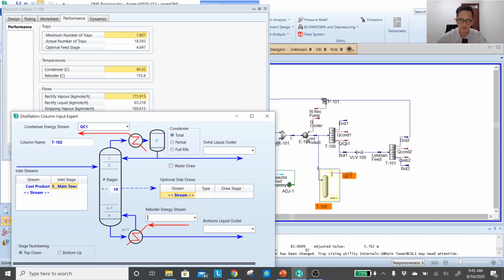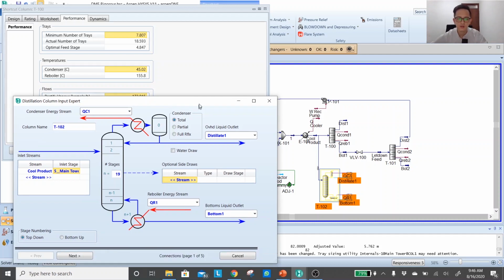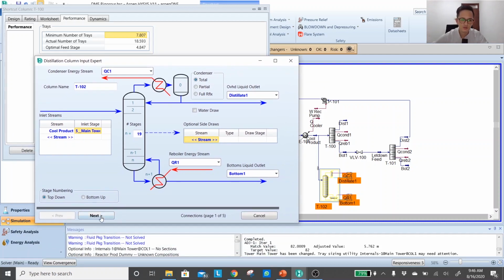Reboiler, it's QRep1, so it's QR1. So I can remember very easily. Okay, overhead liquid, it's distillate 1, so distillate 1. And then for my bottom, bottom 1. Okay, once you do that, you can go to next.